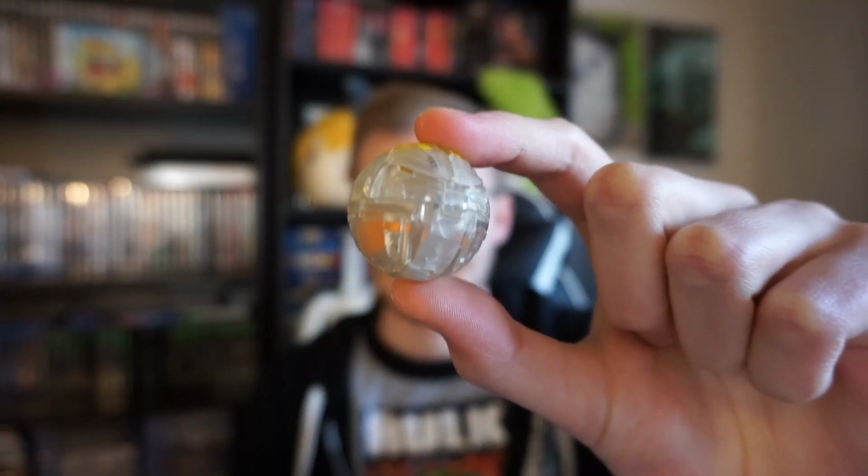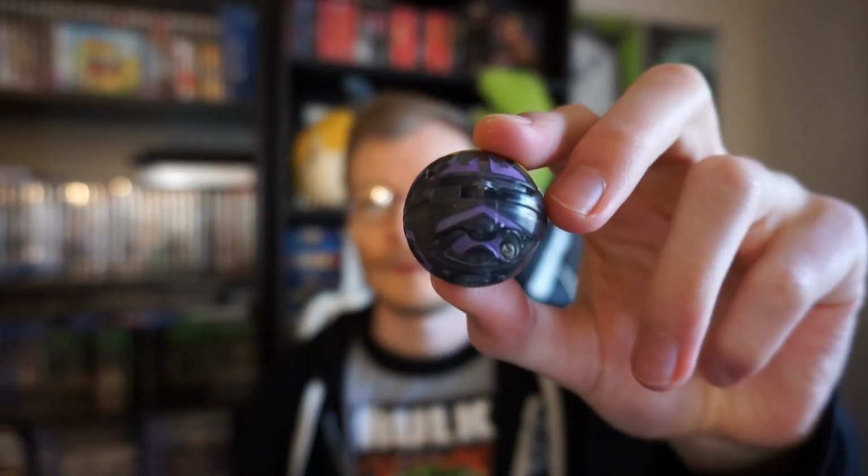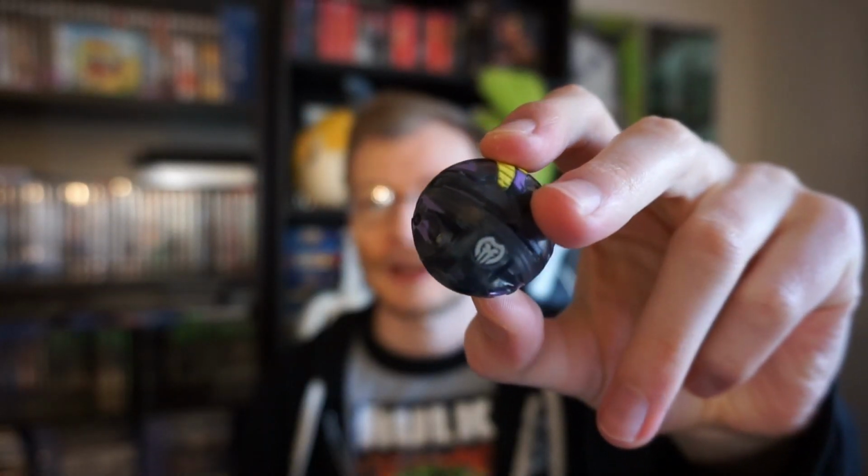So that's the first thing you want to identify, which of the colors you have, and that will be part of the name. Each Bakugan has the name of the attribute and then the name of the character that it is. Other than the main 6 colors, there can also be variations, like this is a clear Bakugan, this is a translucent darkest Bakugan,